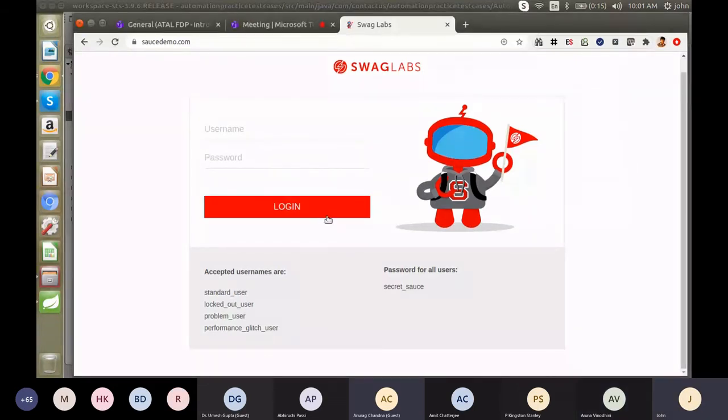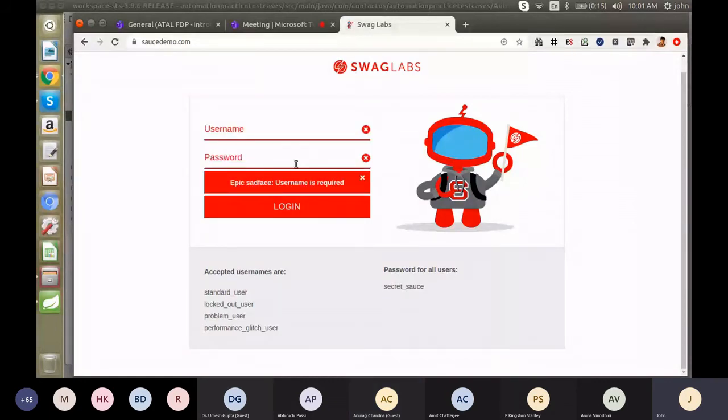So it is saying username is required. So we have to validate this scenario in our Selenium scripts.